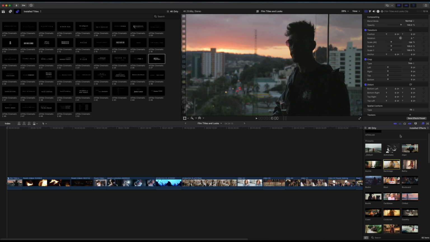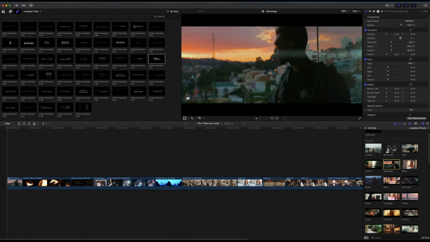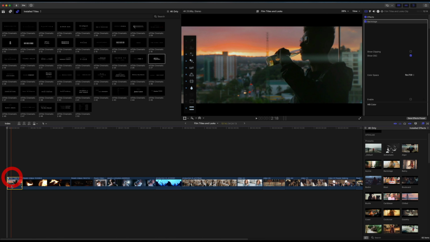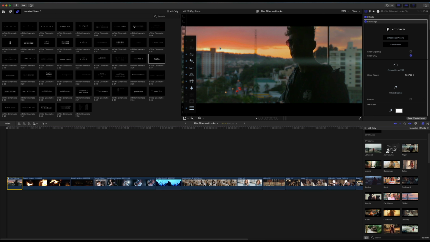So let's say we just drag and drop this backstage preset. You can actually hover over and just look at the difference. All right, if I drag and drop it over this clip, look what it does to the actual sky and the sun. All I really want to do, because this is letterboxed, when we scroll down to the bottom here,